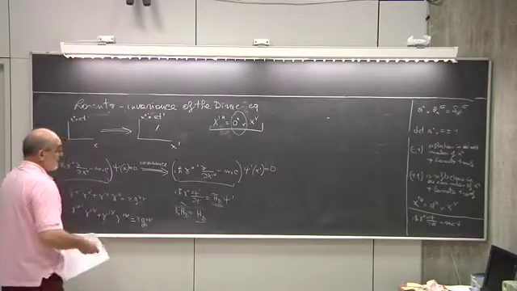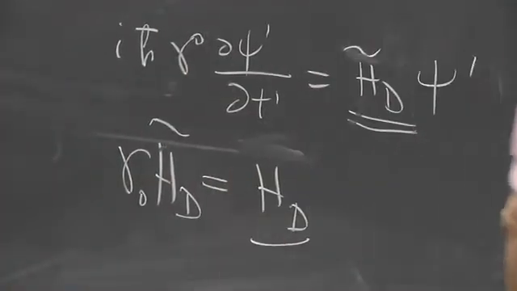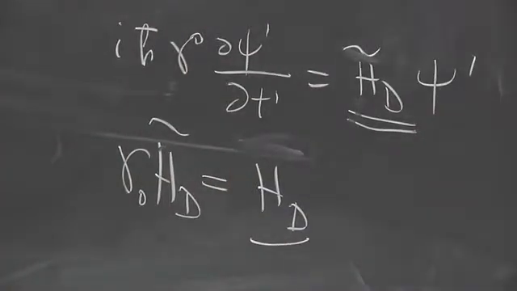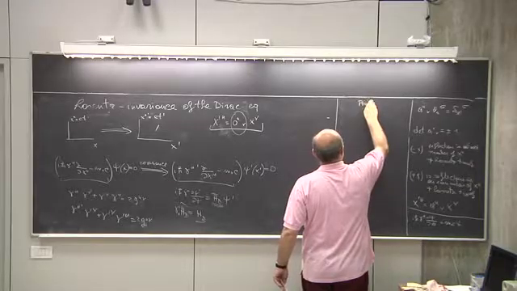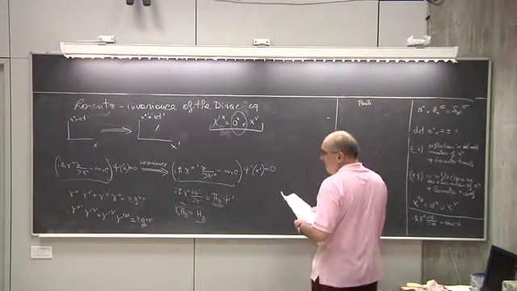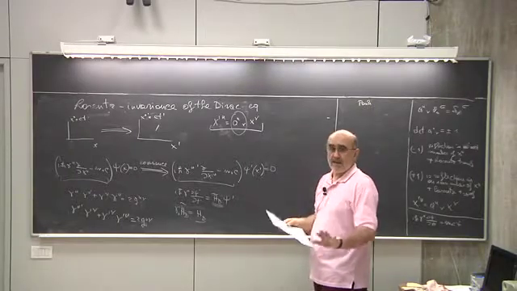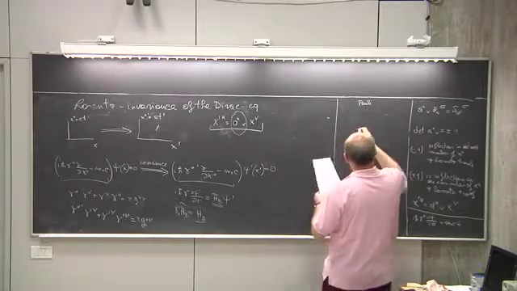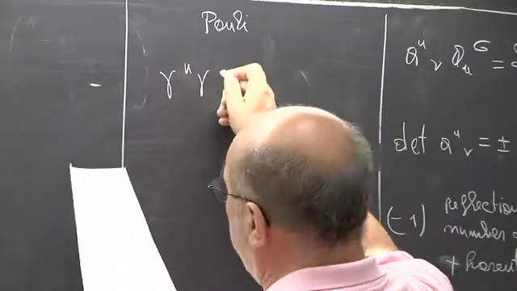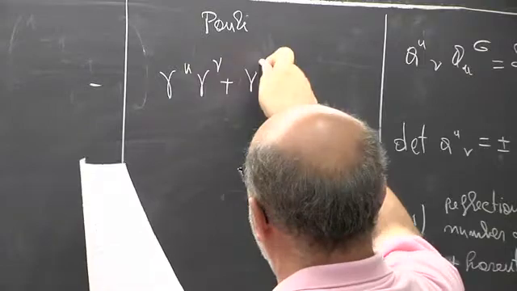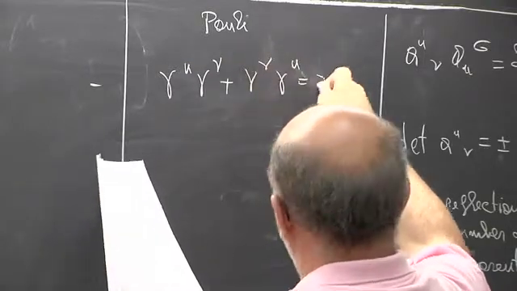Now, another important piece of information that we need is the following. There is a theorem due to Pauli that says the following. It is a theorem that is proved in the book as an exercise, but we will not do it. It's a very long exercise. If you have 4 matrices that satisfy this relation,